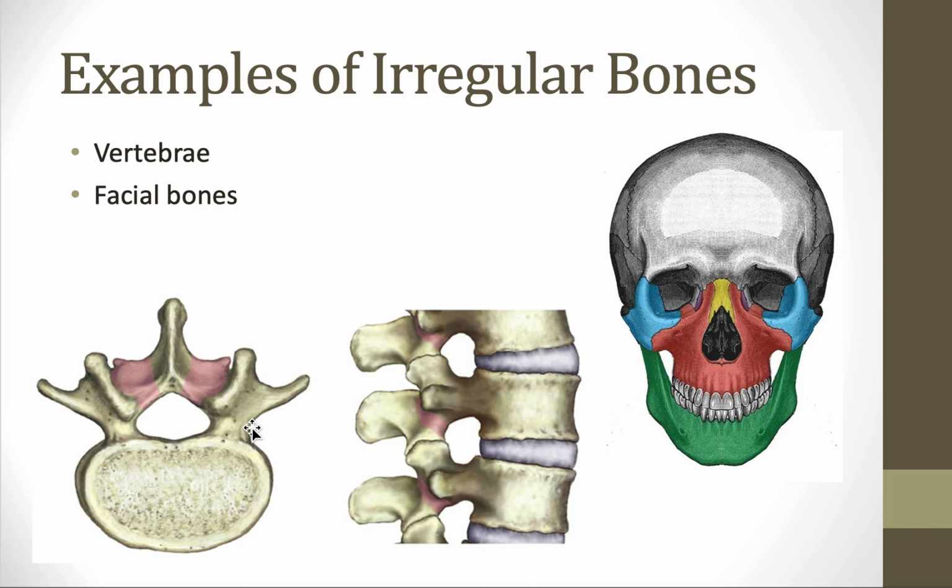So those are your 5 classifications of bones based on their shape: long bones, short bones, sesamoid bones, flat bones, and irregular bones. And once again, their shape is going to help determine their